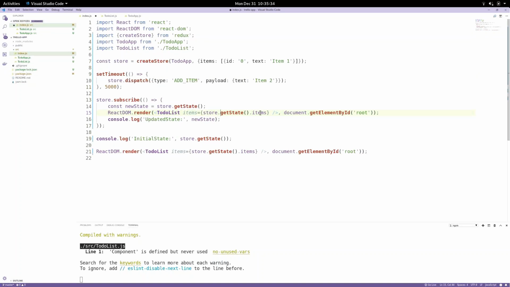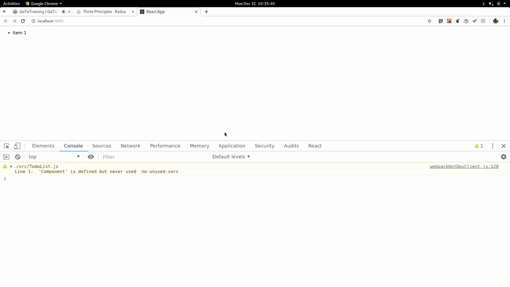Okay, so instead of, yeah, I guess this should work. So 5 seconds later, automatically another item should get added ideally. Okay, so there you go,